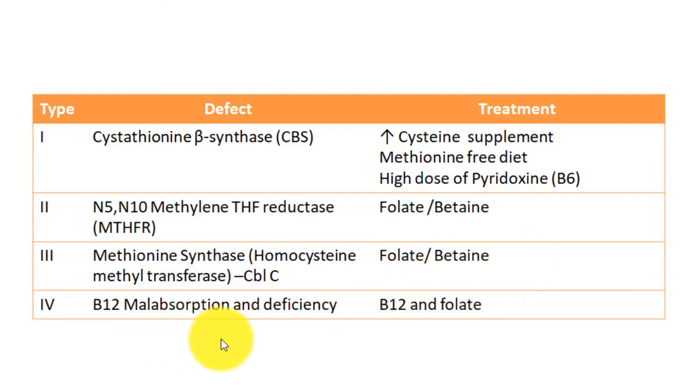Now when there is malabsorption of vitamin B12, just supplement vitamin B12 and folate. So here vitamin B12, folate and betaine are the treatment options. And this is the most important: you must remember everything about cystathionine beta synthase deficiency. Just in order to understand the whole pathway, if you understand the whole pathway, you will understand all of this. You don't have to remember that much. So this is all about